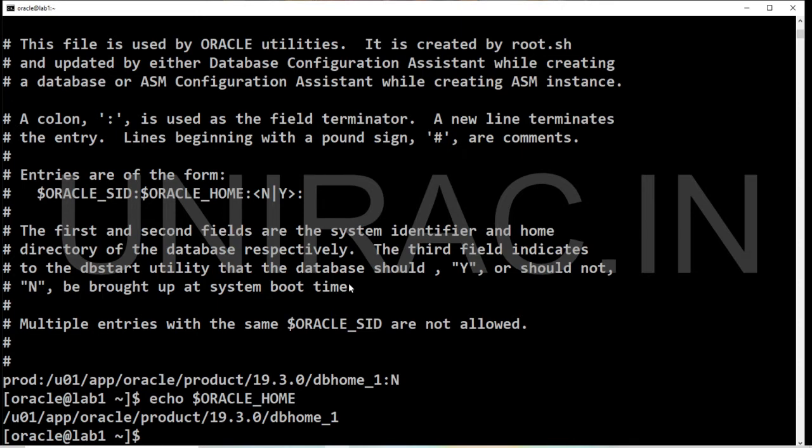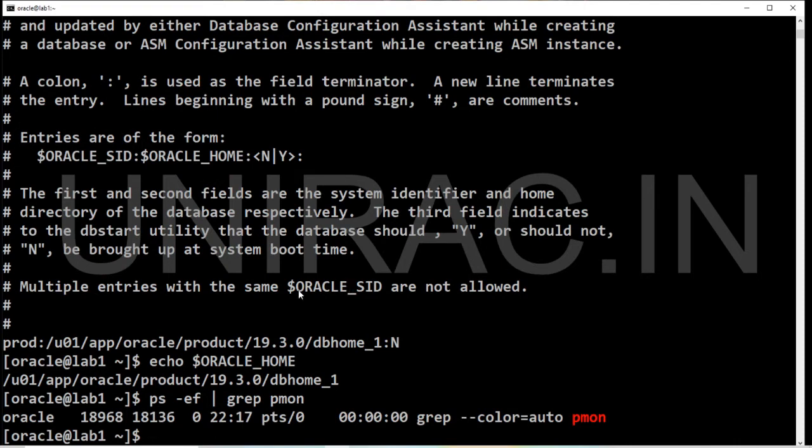Also verify whether the instance is up and running. Okay, we got to know the instance name is prod, but is that instance up and running? Only the ps command process we have, there is no instance up and running. So the instance is not up in this box. Could be the reason there is a maintenance or someone shut it down for some reason.